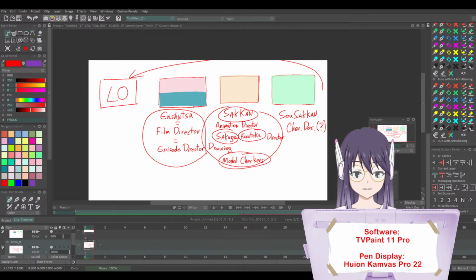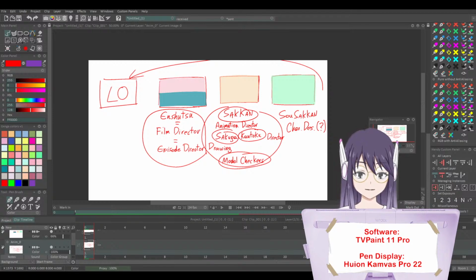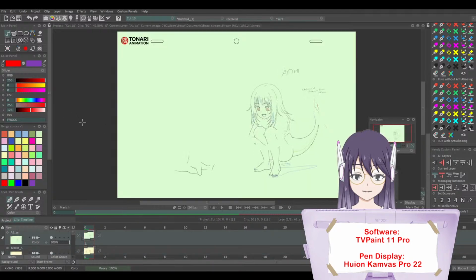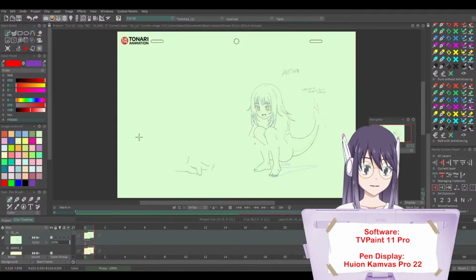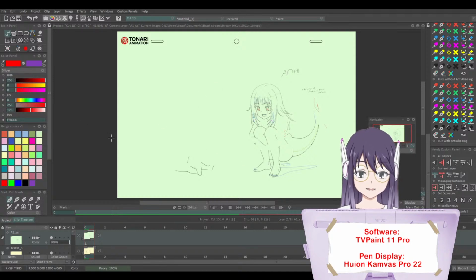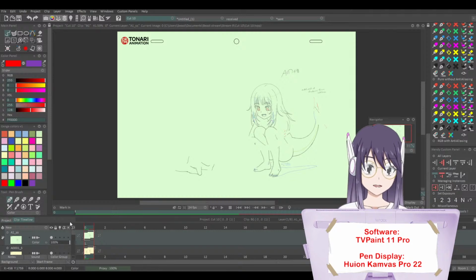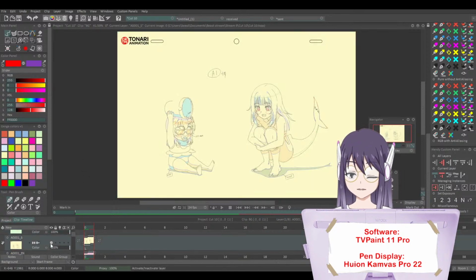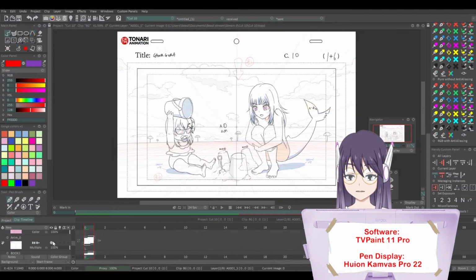So let's go to a cut. That will probably be the best way to show you. Again, this is a cut from the Gura video that we did at Tonari, and I'm going to show you in order all this stuff, like how these corrections developed, so that you can see the difference. Okay, so I'm going to turn off first,